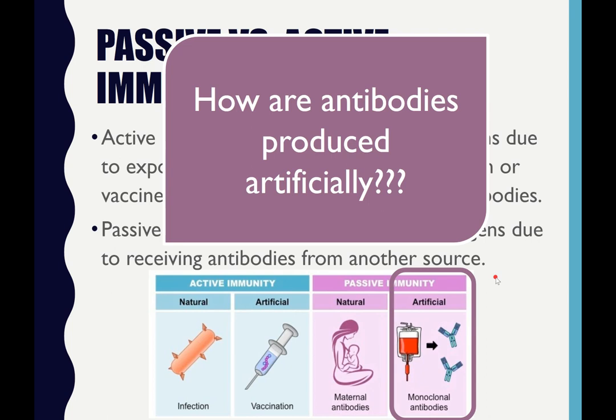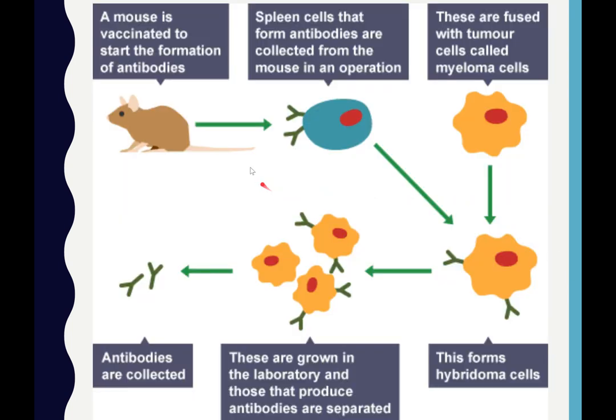So how exactly are antibodies produced artificially? We're going to start with a mouse and we're going to vaccinate it so that it can start to form the antibodies to the pathogen. We'll then take spleen cells that form the antibodies and they are going to be collected from the mouse. So basically we'll remove the spleen from the mouse and we're going to fuse those spleen cells with